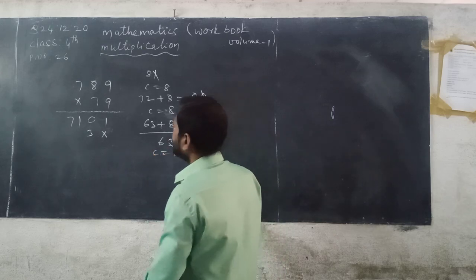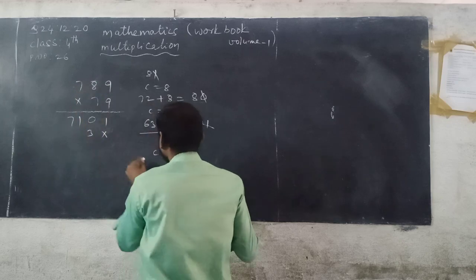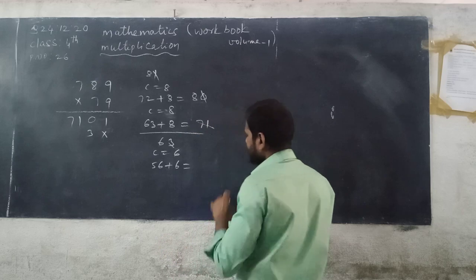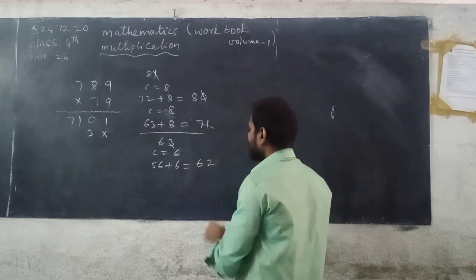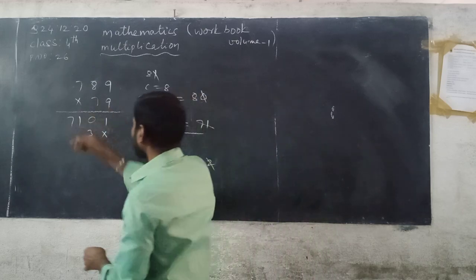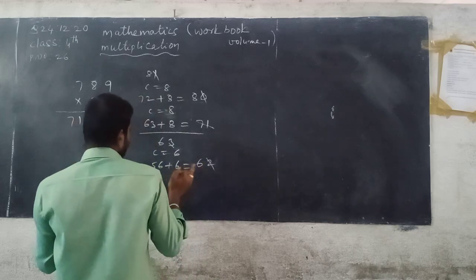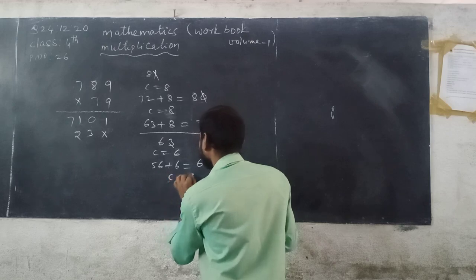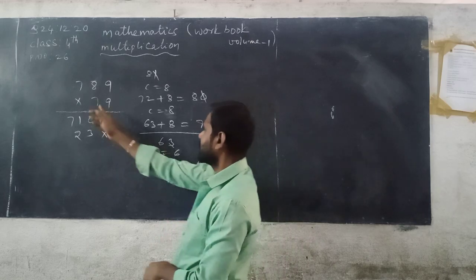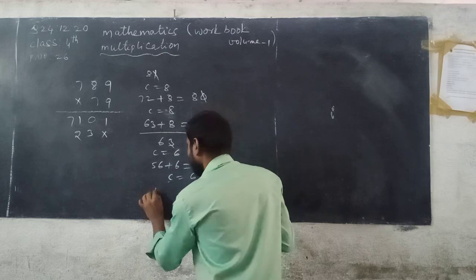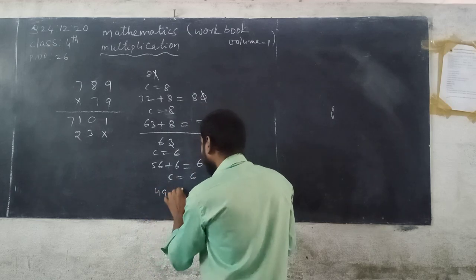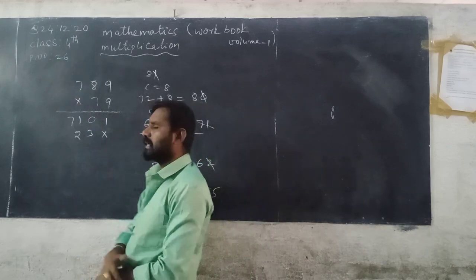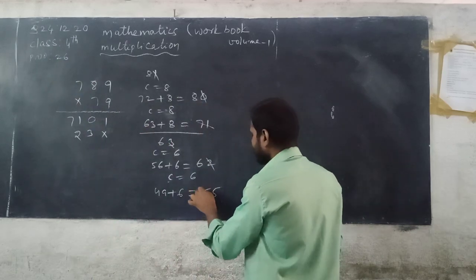Next we multiply the digits in the tens place. 8 with 7, 7 8s are 56. 56 plus 6, you get 62. See here, 2 is taken and written down in the tens column of the product below 1. Then you write 2. Now the remaining 6 is carried. Next, 7 7s are 49. 6 is added to 49, you get 55. So this is the last place of the given number. You can write 55 in total.